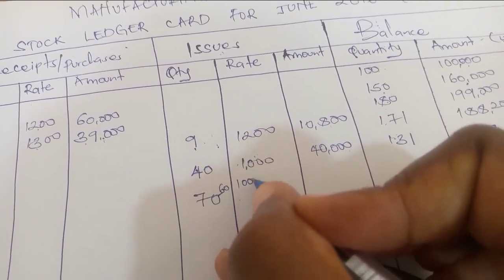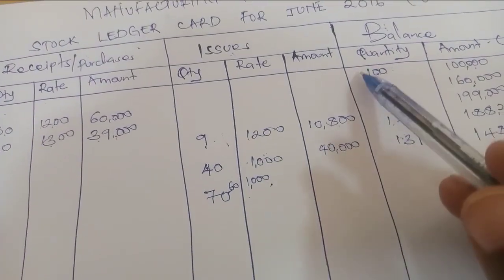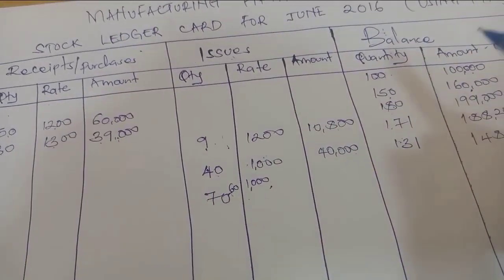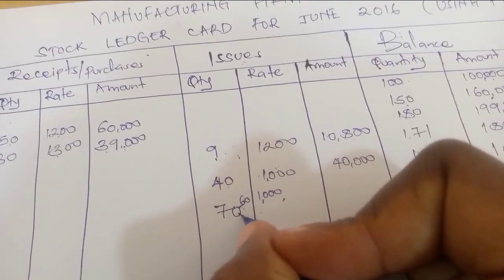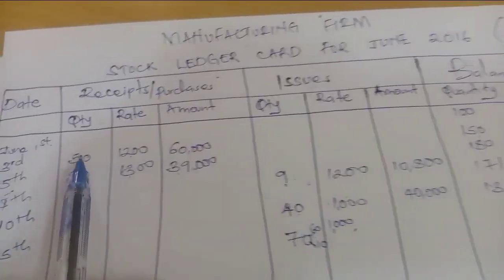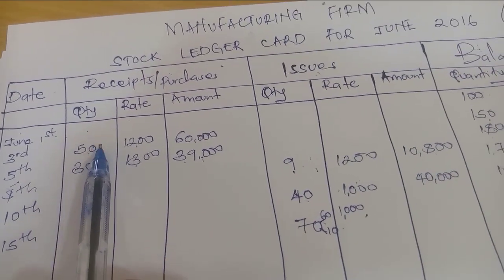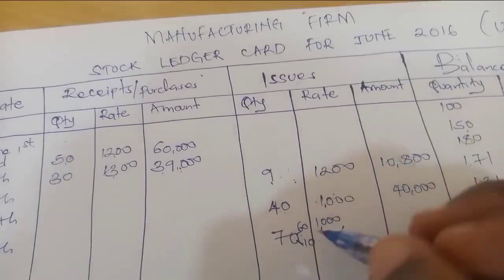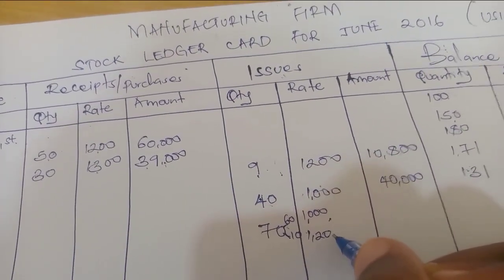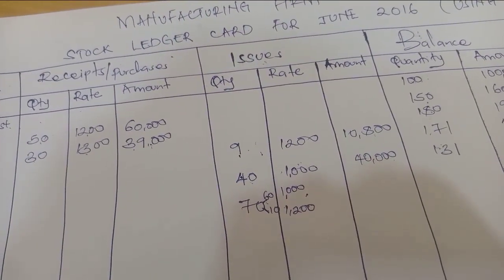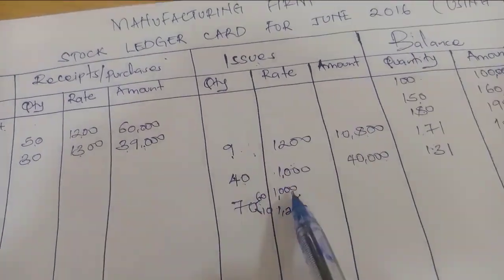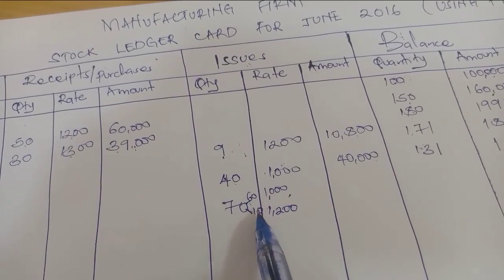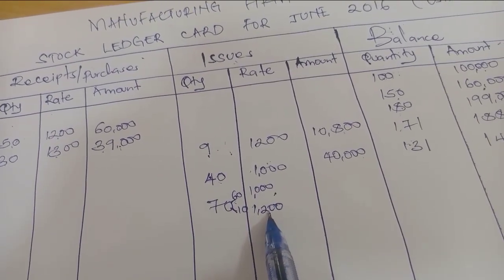So the 100 units are now done. 60 plus this, it makes 100. So here we are remaining with 10 units. So these 10 units are going to be gotten from these purchases that were made on 3rd. So the 10 units will be at 1,200, like that. So the amount will be this times this, it is 60,000, then plus this times this, which is 12,000. So it's going to be 72,000,